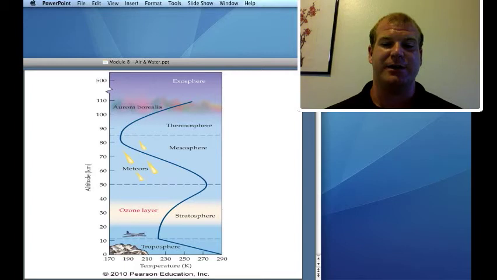And as we increase in height in the atmosphere, in the troposphere, the temperature goes down. That means at sea level, at Hilo, as one goes up in the Big Island up to Mauna Kea, the temperature gets colder the further you go up. Then one gets to the stratosphere where the opposite happens. In the stratosphere, as one increases in altitude, the temperature goes up.